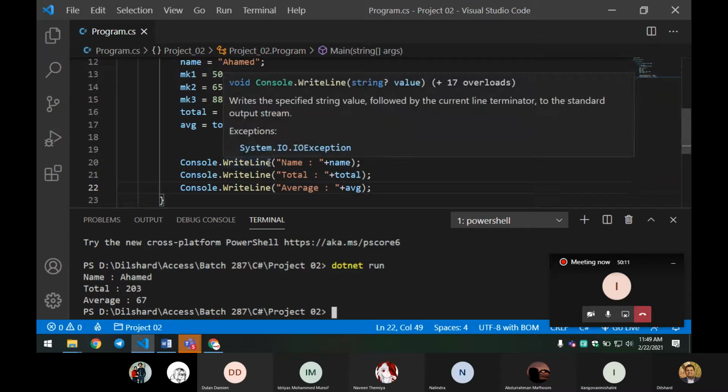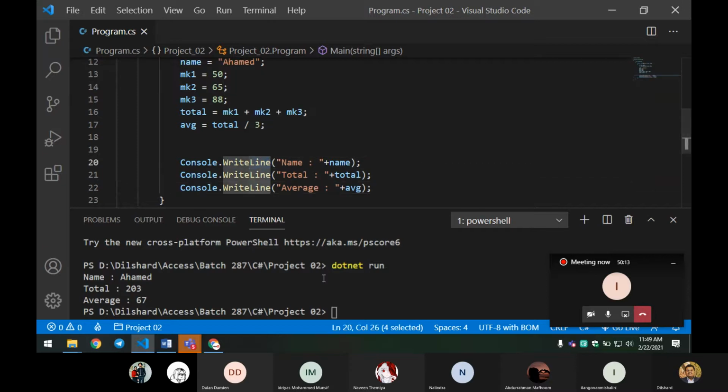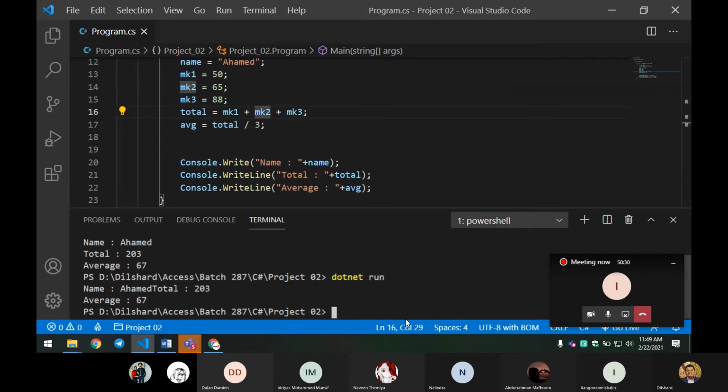If I remove this line, and write only by saying write, only for the first row, let me check what difference it makes. Yes.